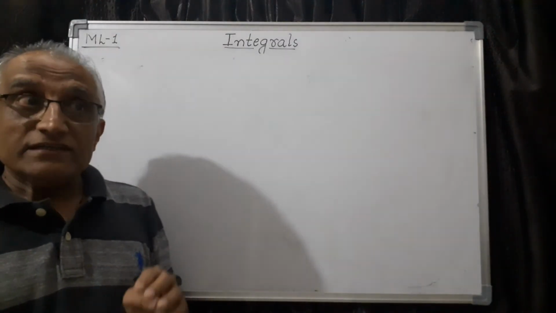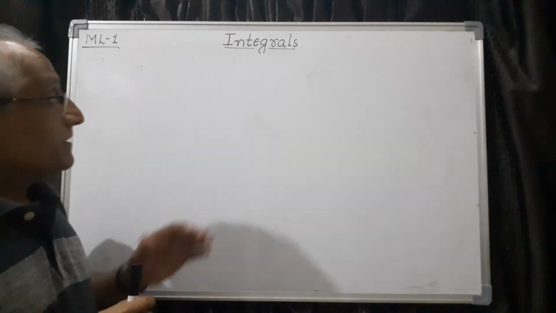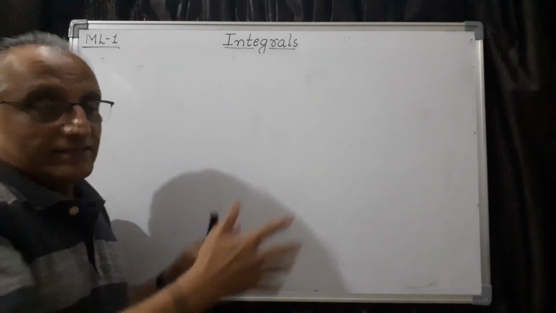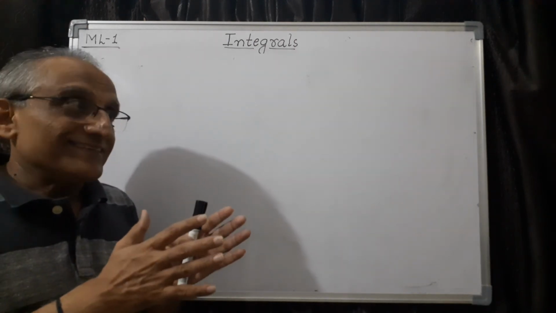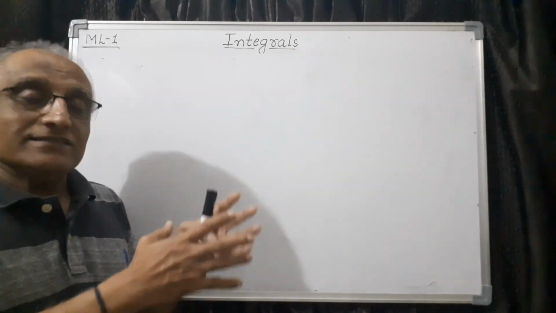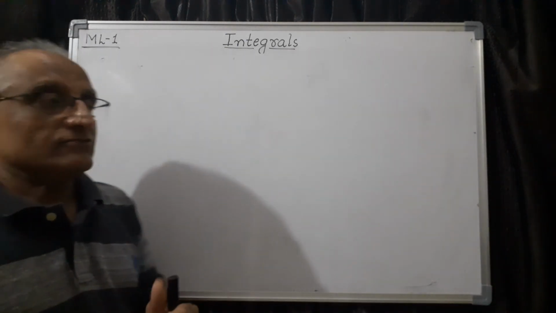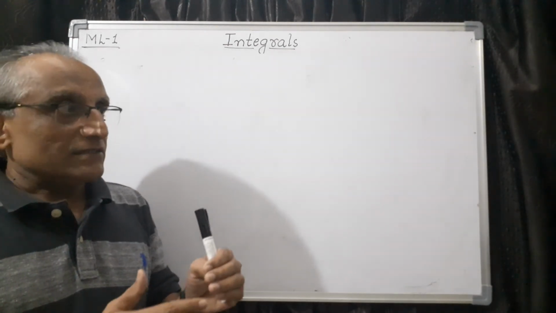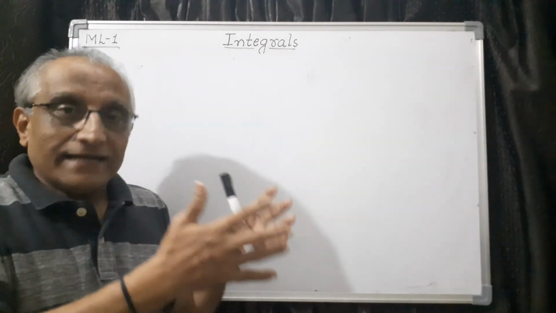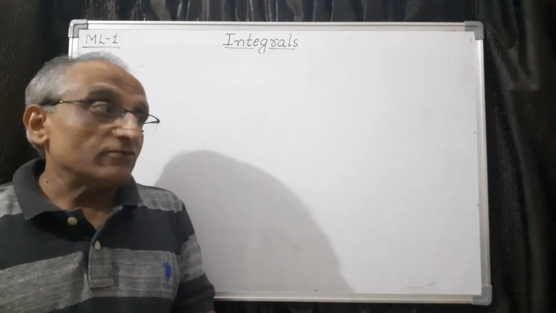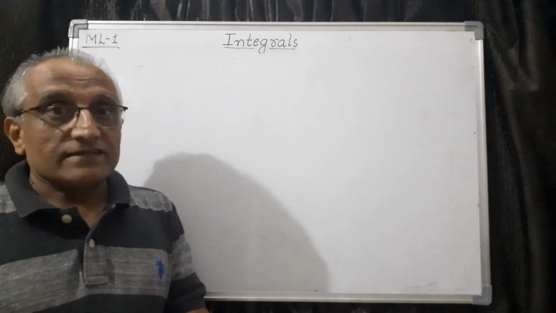So now let me conclude today. This is the first lesson where I have introduced the concept of integrals. And also I have made clear the convention, symbol, and other things. Then very important is the list of formulas, because these are the tools you need for the next lesson. This you have to remember. Then of course in the next class we shall see the properties, for example, algebra of integration. That means suppose two functions are given, how to integrate the addition of two functions, then difference, then product, etc. That is called algebra of integrals. That we shall see in the next class.